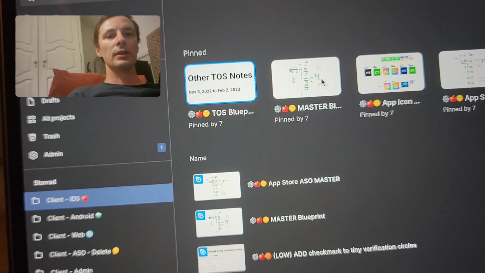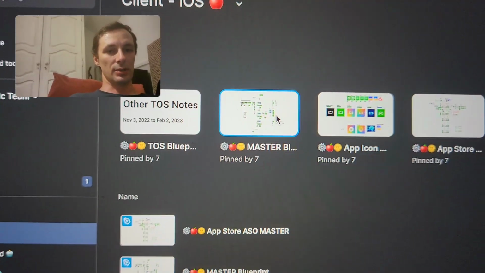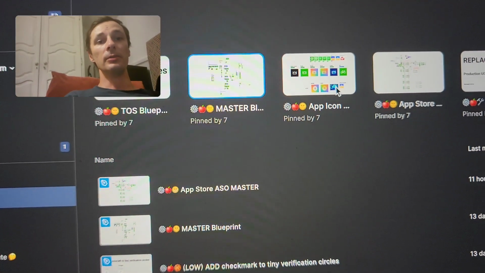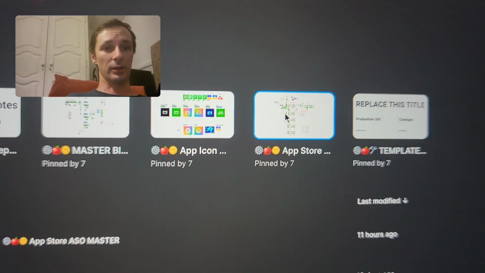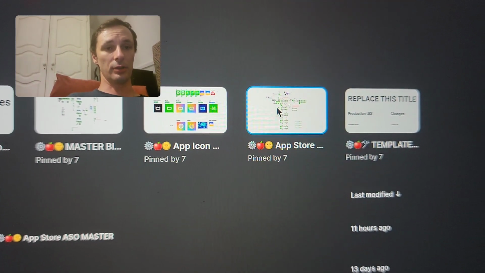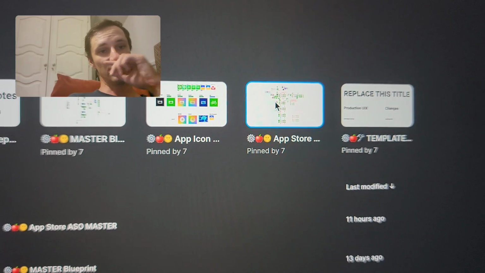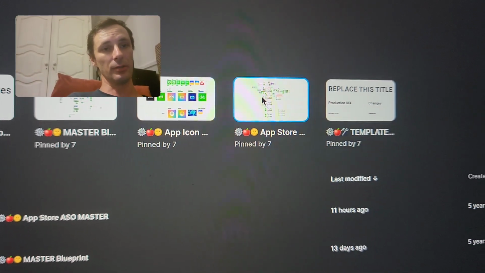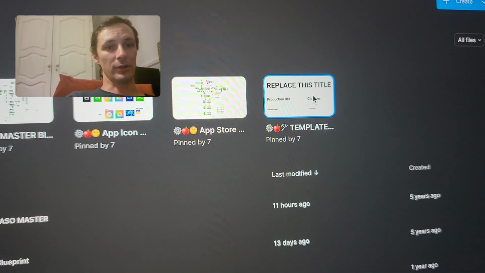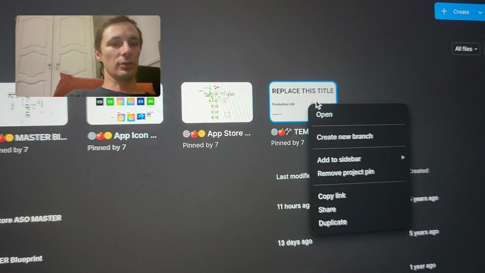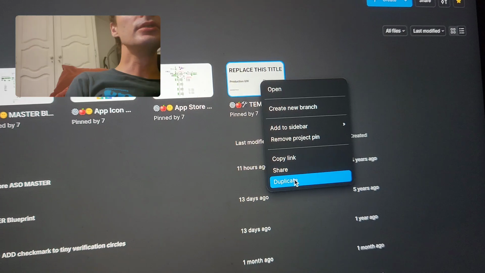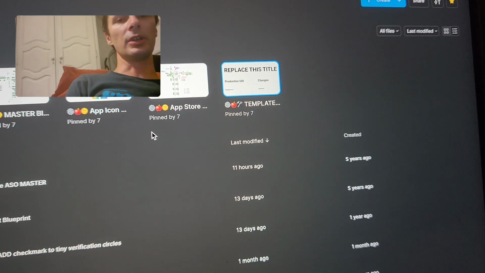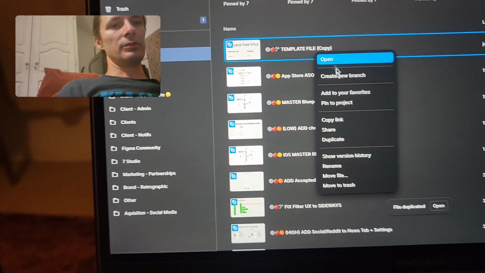It's the iOS file, the master blueprint. This is the super important mega file. App icons, the App Store file that shows you all the screenshots and all the ongoing experiments in every single country, in every single language, and the template file, right? So what we usually do is create a new file by duplicating it. Now you would go into this file and you would rename it